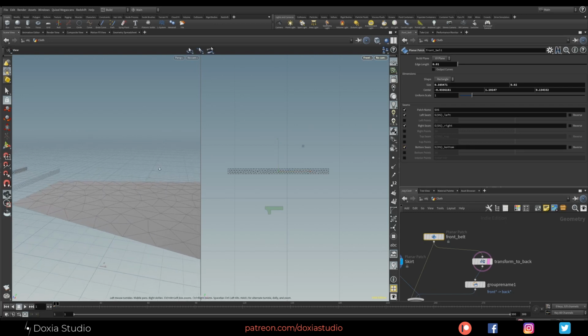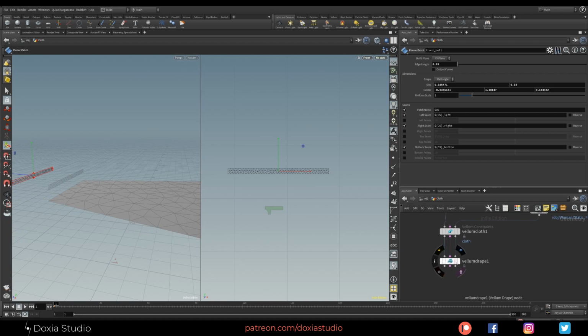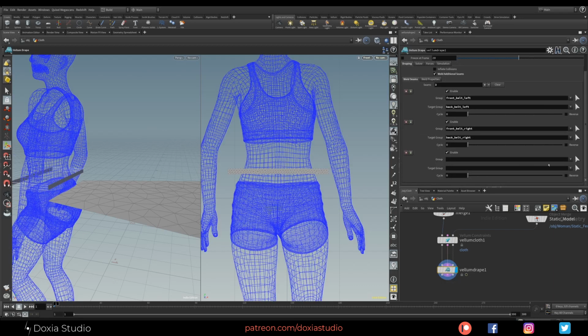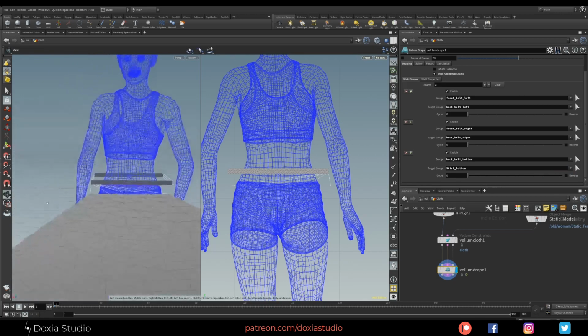Okay, so you can have this group. So if everything goes all right, let me turn this off. Okay, on vellum drape, now we have the back belt bottom. Okay, and we need to wire this to the bottom skirt underscore bottom.